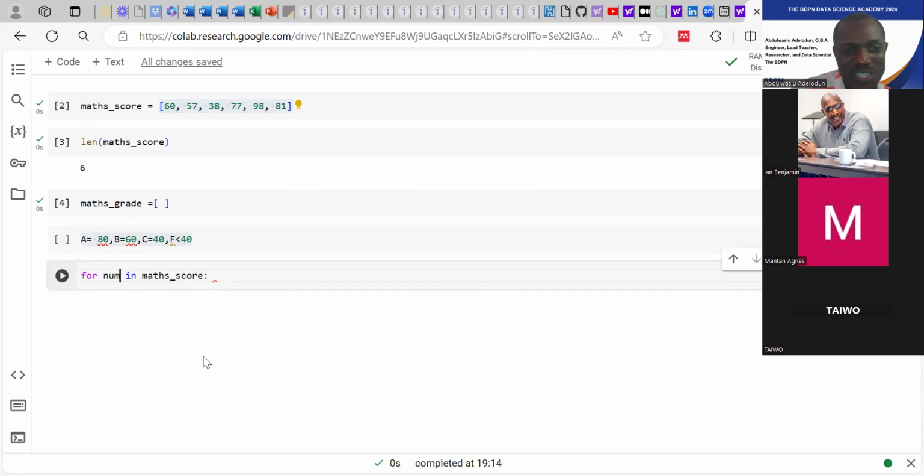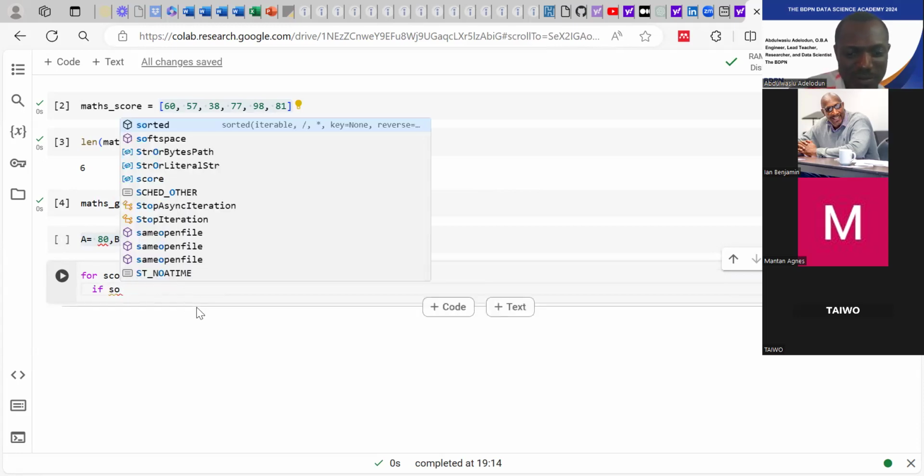You can decide to use anything. For number in the maths score, if the number is greater than that, but if you want to call it score, we can say for score in maths score, if the score